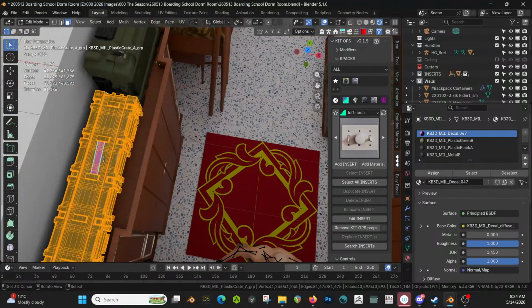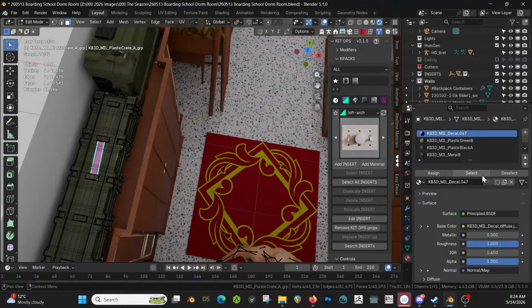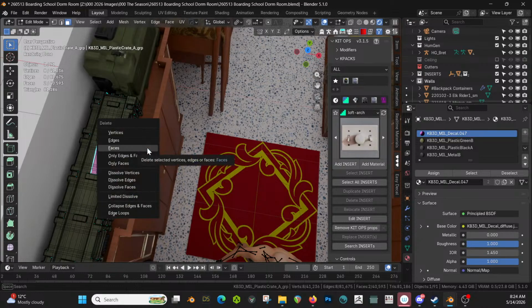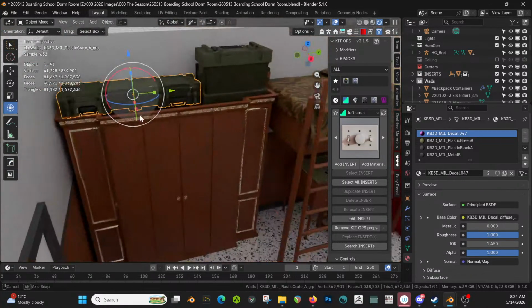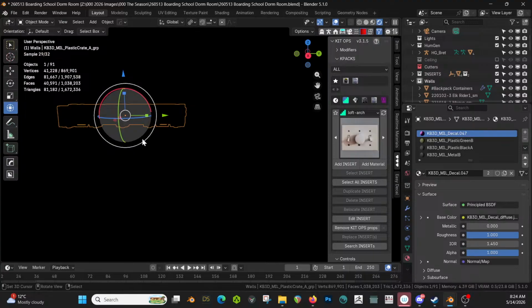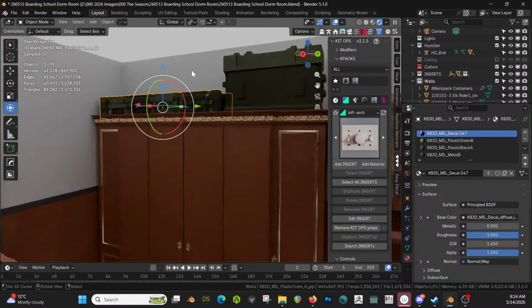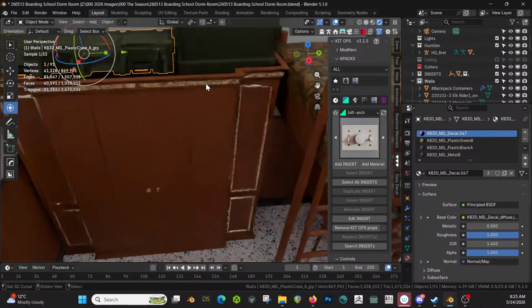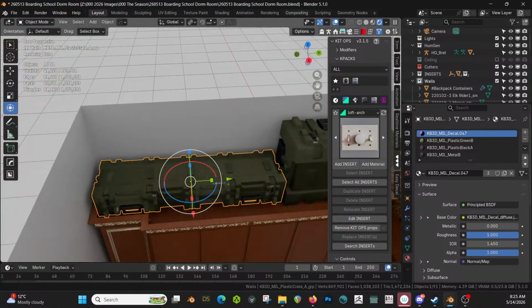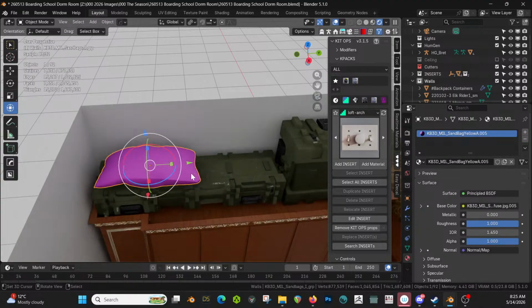And again, just to edit it, select our decals and get rid of them. Okay. I like that. And then maybe on top of that, throw... It says it's a sandbag. It's not going to be a sandbag, but